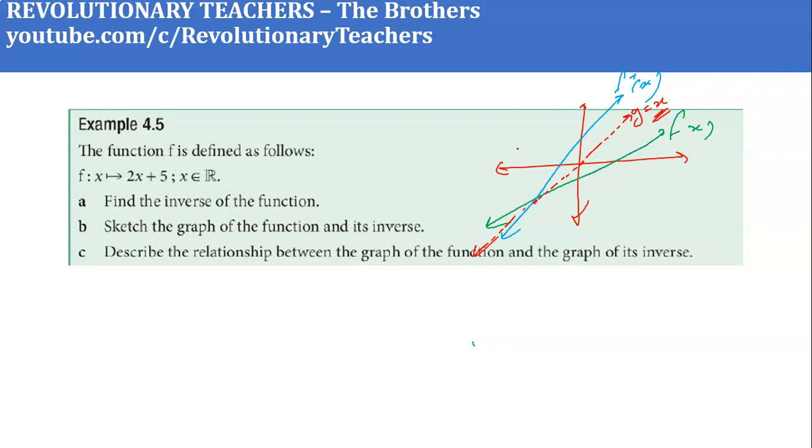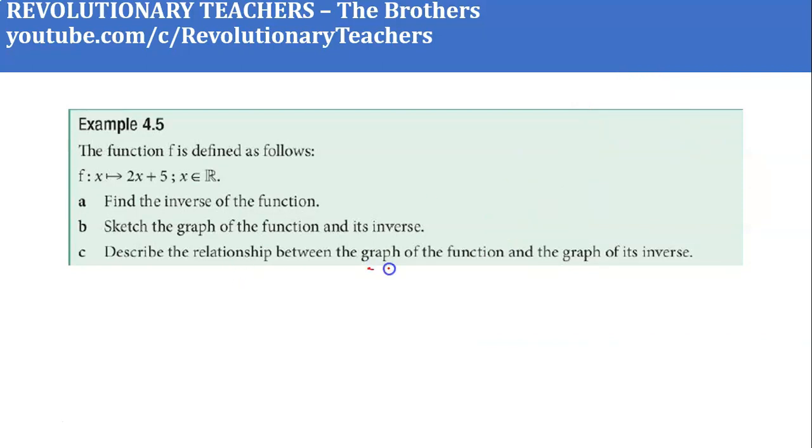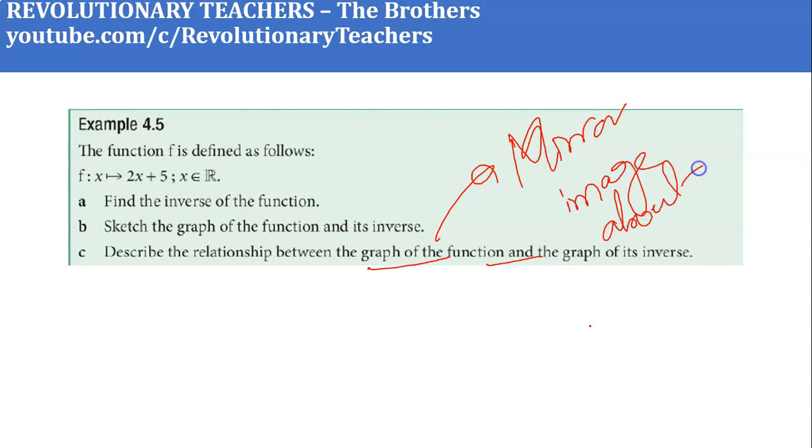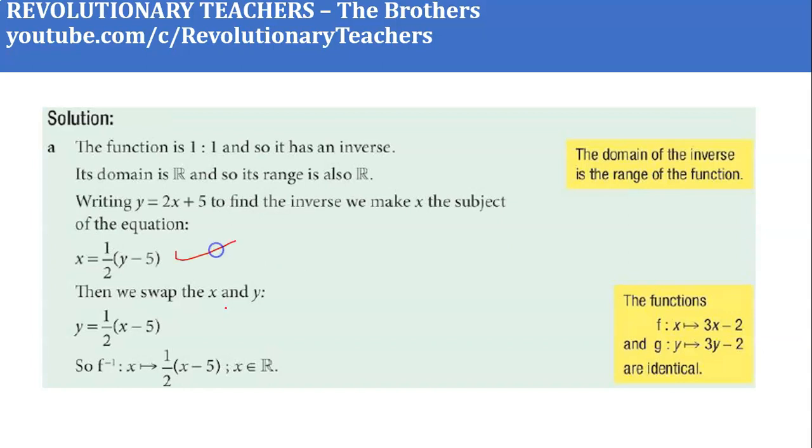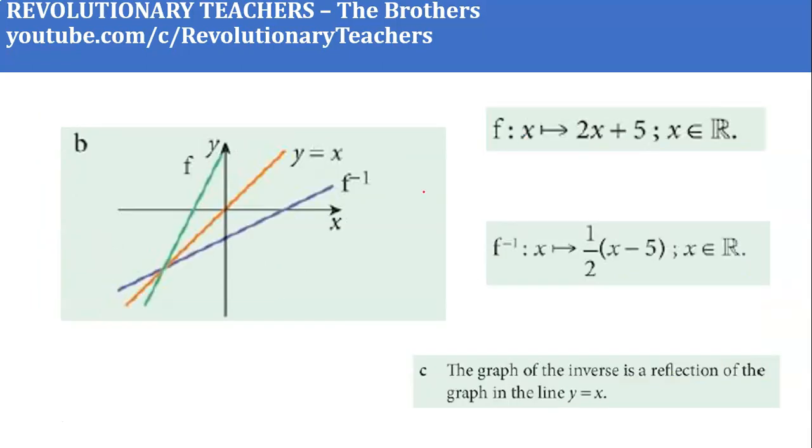I hope this is clear, children. Now we have to describe the relation between the two graphs, right? I just told you that it will be the mirror image about the line y equals x. I have also provided the solution. See the solution. This was our graph, this is our function, the graph of the function. This will be the mirror image of the function, that is the inverse. This is the function, and this will be the graph of the inverse function about the line y equals x.